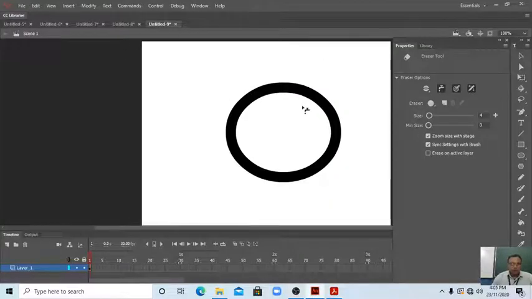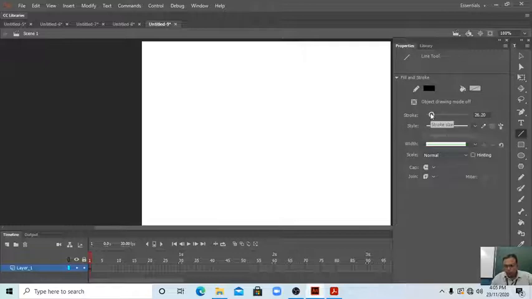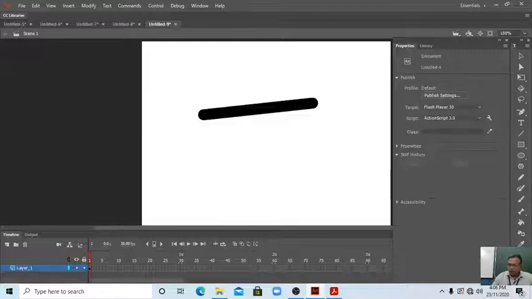Next, okay, we have removed that. Now, next we use the line tool. We need a little bit of stroke. We have drawn this. Now click on this option, the width tool. This is present here. Click here. Students, from where you want to see, this is the stroke point.